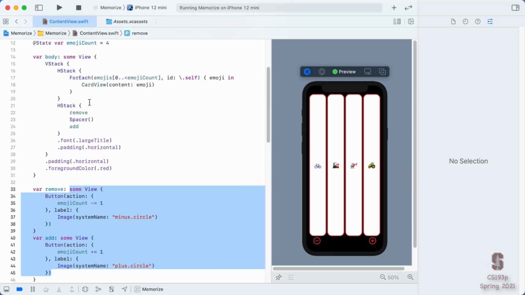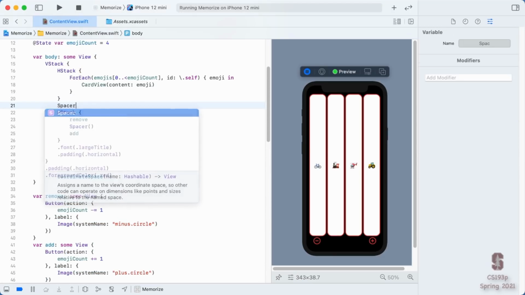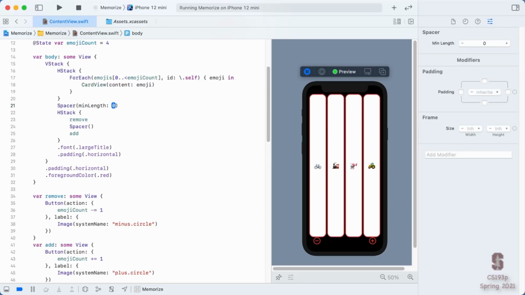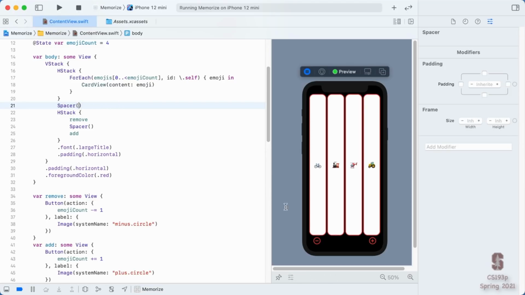I could also put a Spacer perhaps between this HStack at the top and these buttons down here below. I can even enforce some min length of that spacing. Maybe I want at least 20 points or something like that. But a lot of times you want standard default spacing because, again, it can be device dependent, different on an Apple Watch than it is on iOS. I know it's hard to believe, but these things that we're building, we can build them so that they would work on Apple Watch, or even if we're just building a very Apple Watch specific UI, we're using the same tools here.